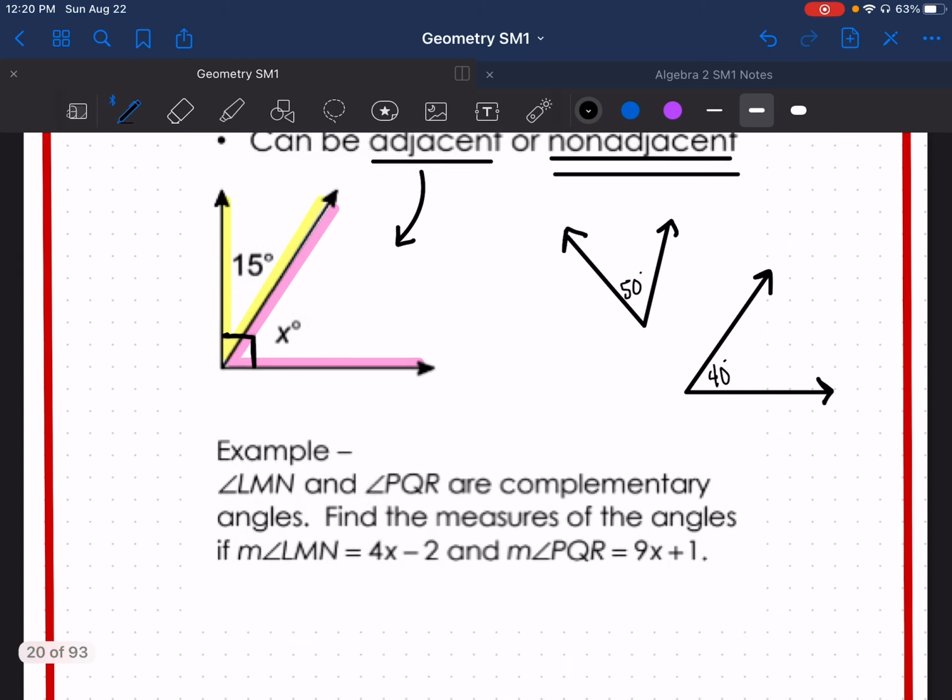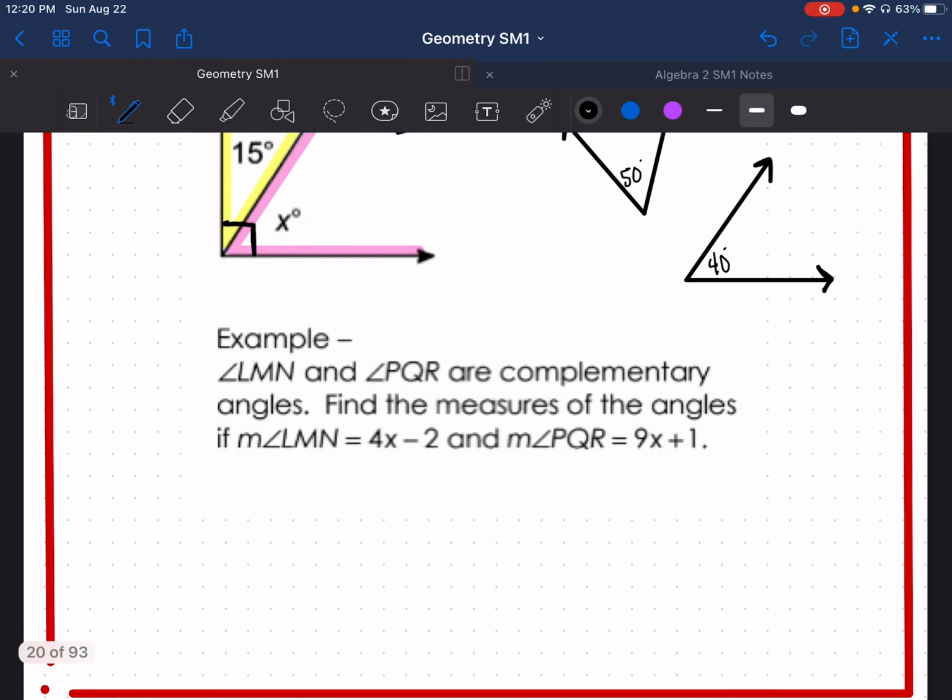Okay, let's go ahead and take a look at our example. In our example, angle LMN and angle PQR are complementary. So let's go ahead and underline complementary. Let's change it to pink. Complementary, which means I'm going to take my two angles, add them together, and they have to